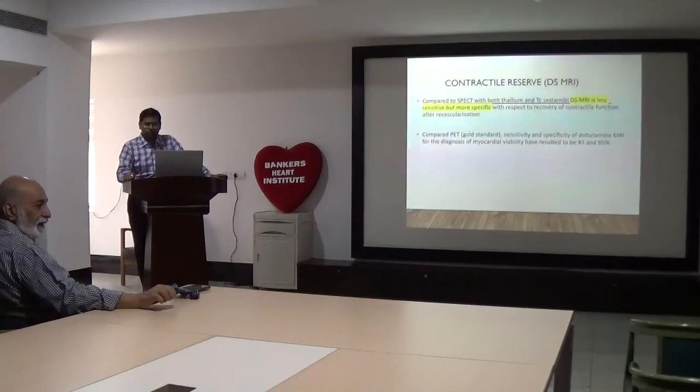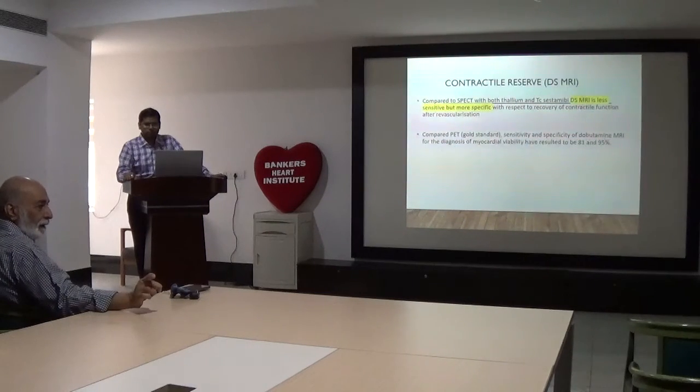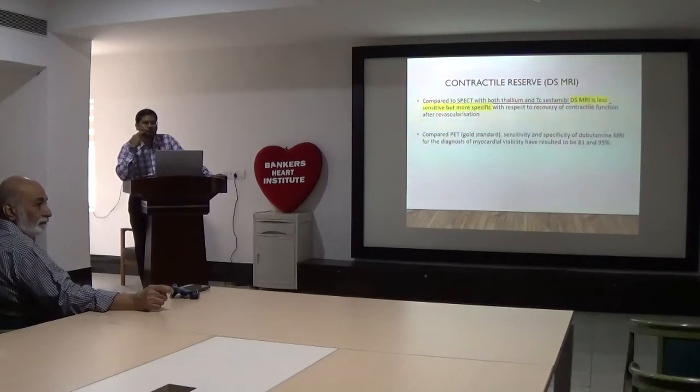In older times, when you did angiography, we used to do the LV function with the dye. These days we don't see that much. Yes. We don't do it. Now, what is that LV function as compared to the scanning modes that we have done? That is live LV function. Even now we can do that while doing angiography. If we see myocardial blush, that is dye being taken up by the myocardium. After opening the vessel, if we can see myocardial blush, then it is going to improve for sure. Because the myocardium is taking that dye, that's why there is a blush, so there is haziness in the myocardium. So that way we can indirectly say that the myocardium is viable.